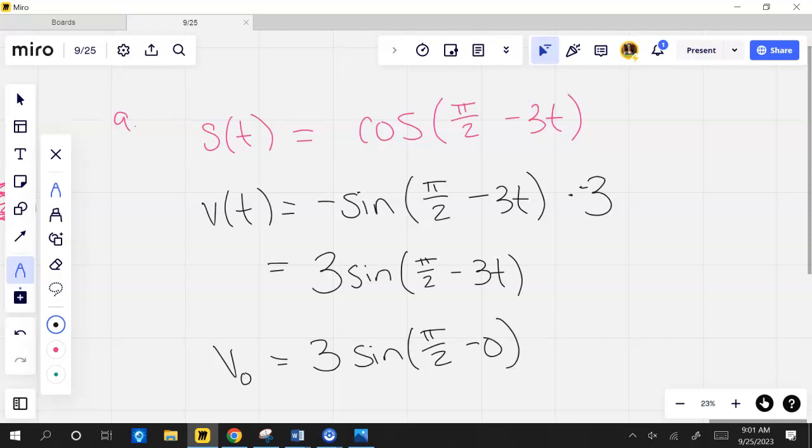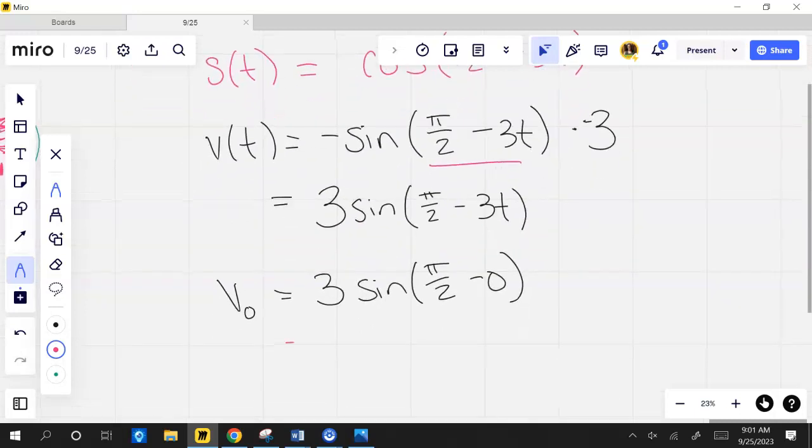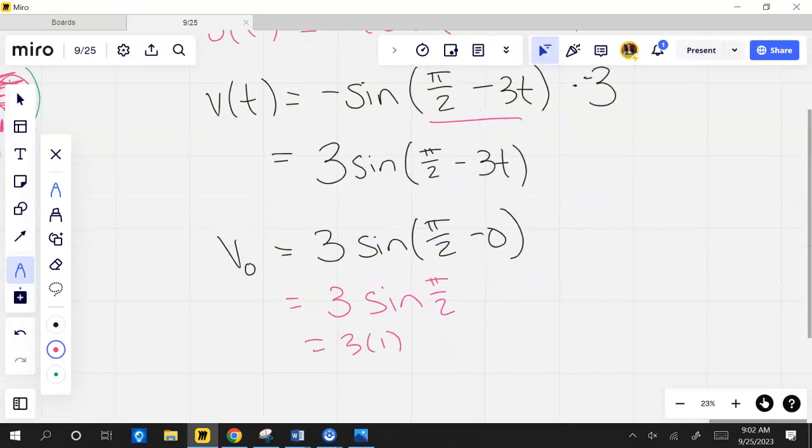Whenever I said, hey, what's the derivative of this? Well, the derivative of that is -3. But whenever I start doing that chain rule, everything inside has to stay the same. I do the derivative of the outside, that inside stays exactly the same, and then I do the derivative of that inside. Here's that unit circle again. What's the sine of pi over 2? I'm right up top. 1, right? So I got 3 times 1. So initial velocity is